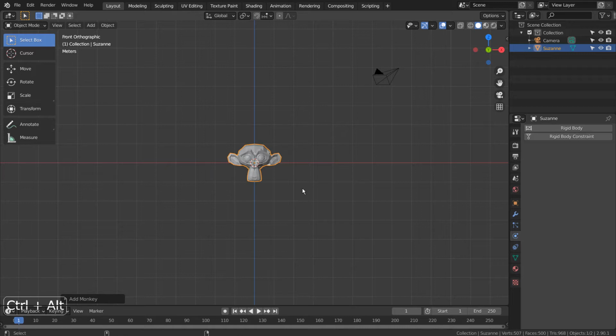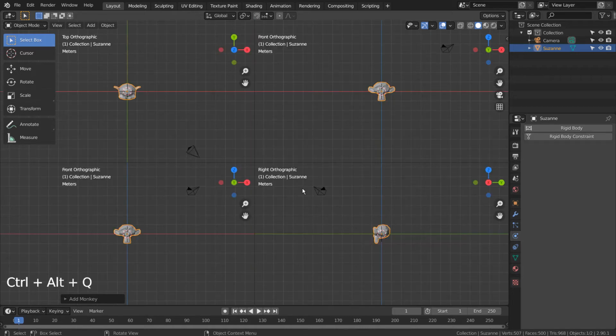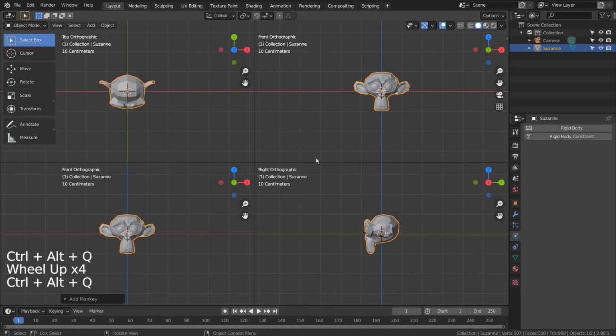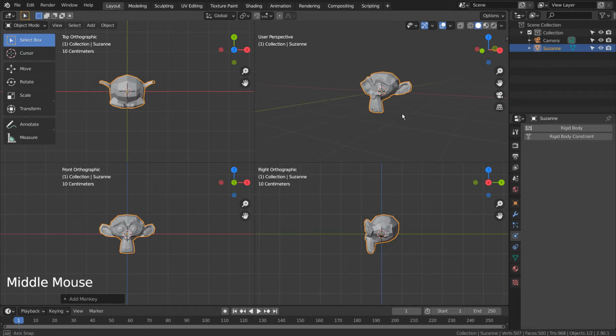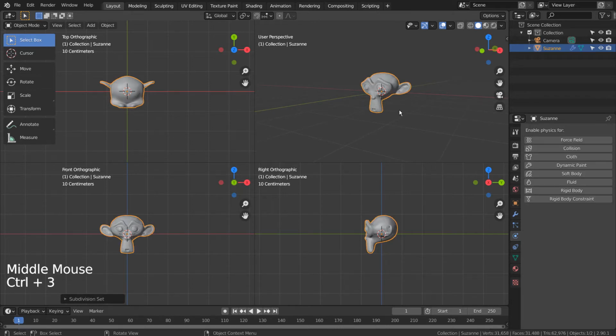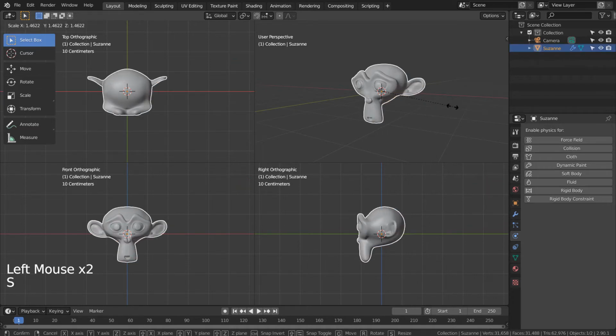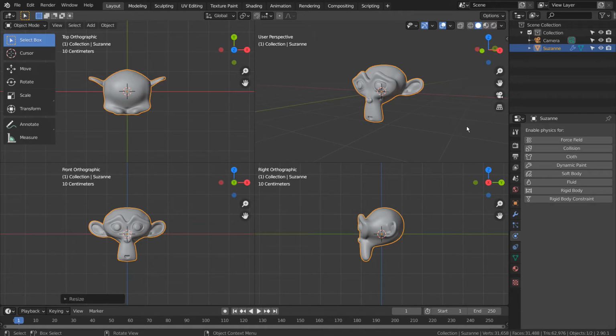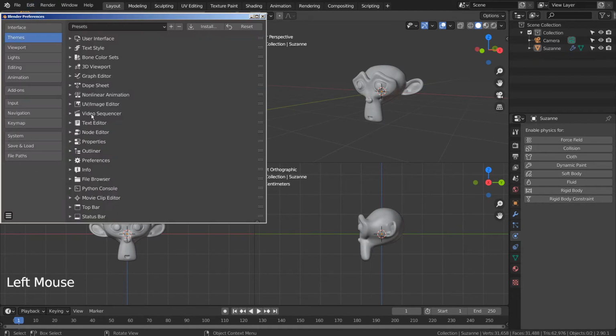We can render them separately, and use Photoshop or Krita to manually create a 3D blueprint, but this method is faster and easier. Let's press Ctrl, Alt, and Q together to see the quad view. I'll use a light Blender theme to produce the 3D blueprint.